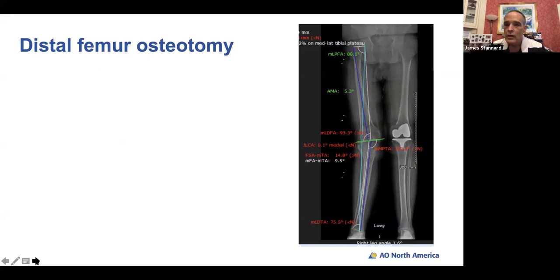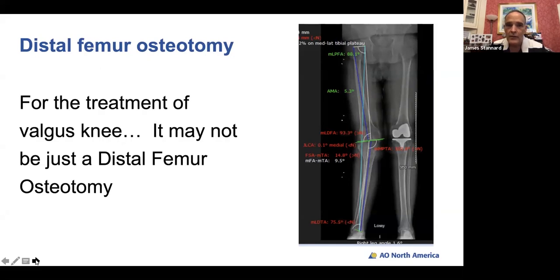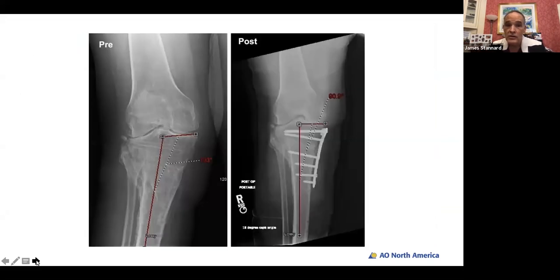And then he started talking about distal femur osteotomies. He noted that for treatment of a valgus knee, it isn't always a distal femur osteotomy. Here he's showing a valgus knee, but if you notice on this plan, yes, the lateral distal femoral angle is off, but the medial proximal tibial angle is very significantly off. And so if you only treat the lateral distal femoral angle with a femur osteotomy, thinking if it's valgus, it's got to be femur, you're going to end up with a bad situation. And this is an example of that pre and post-operatively